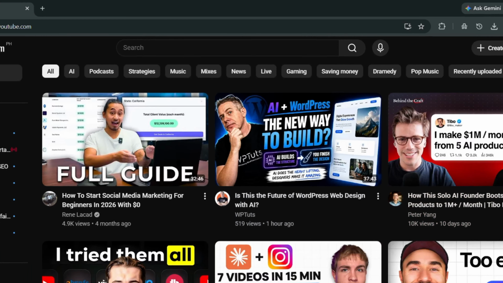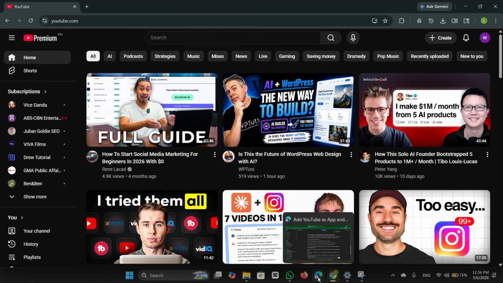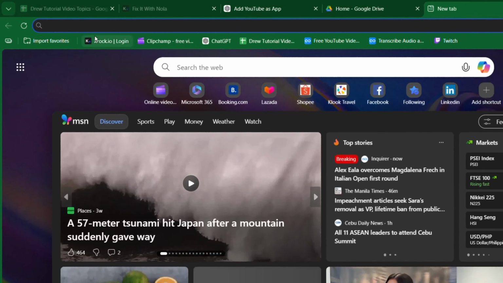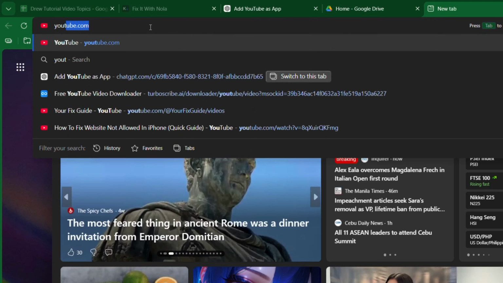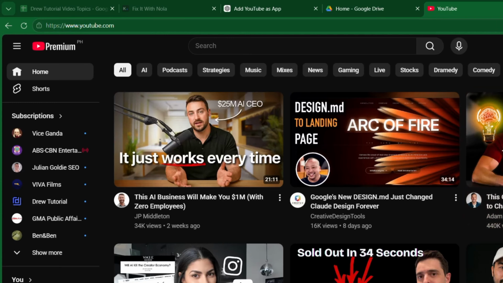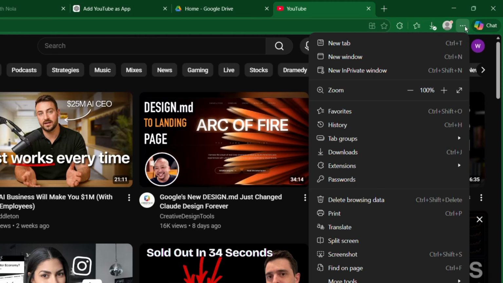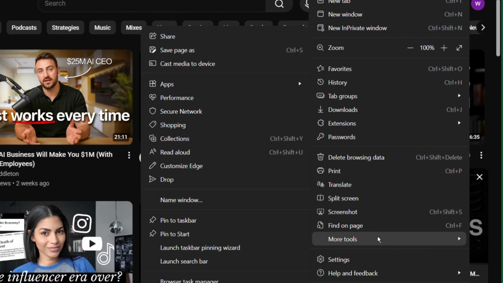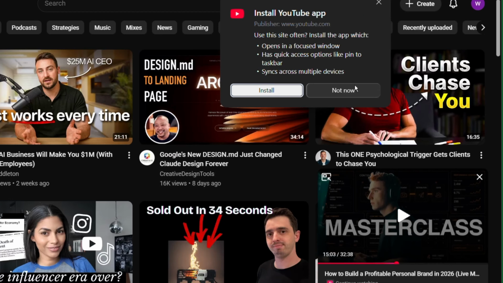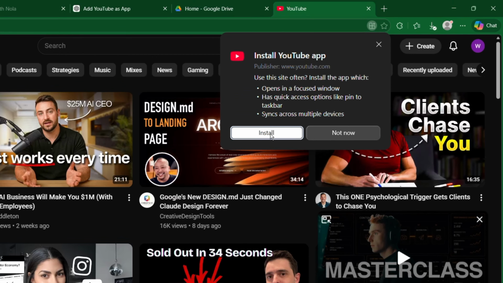So if you're using Microsoft Edge, go to Microsoft Edge, go to youtube.com. So click the three dots right here at the top right. Go to More Tools. Next, go to Apps. Then choose Install YouTube. Now, after installing it, YouTube will launch in its own dedicated window without all the extra